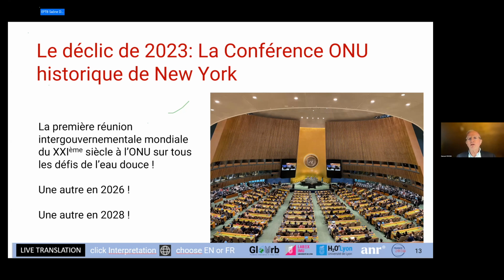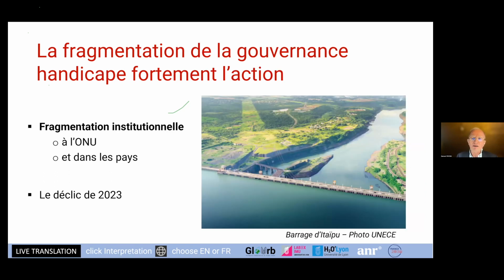And at last, they understood that they had to report on a regular basis. It's not by talking about things bit by bit that things could be done. So the decision was taken that states should come together again under the aegis of the UN in 2026. Now, in terms of global governance, we still have a way to go because there's a lot of institutional fragmentation. Now, you know that rivers are fragmented, but institutions are also fragmented because there are different sector-based silos, and this affects the UN, but also countries.